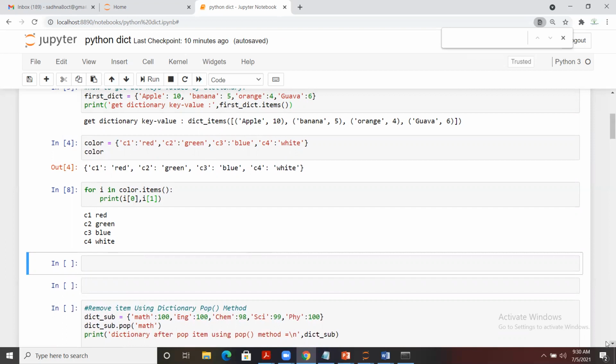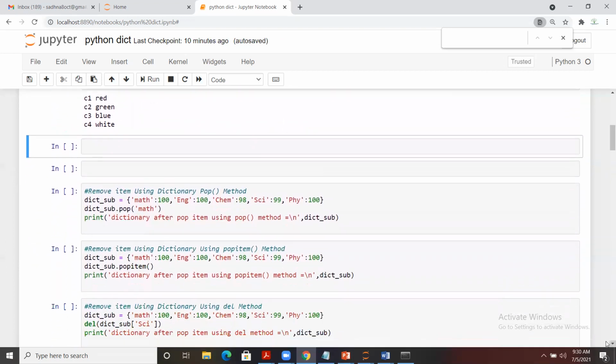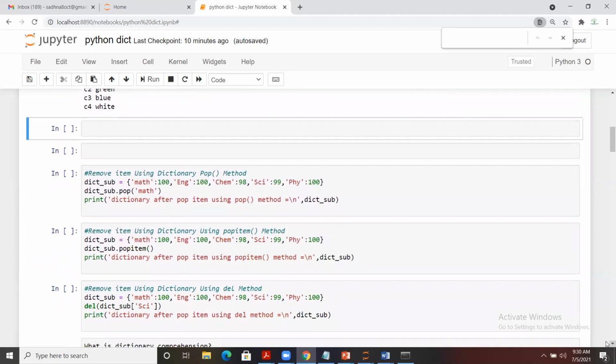Now let's talk about removing an item using the dictionary pop method. So we have pop in a dictionary as well, with which we can remove a particular item from a dictionary. In pop, basically we have to pass the key. I mean, which key you want to pop out, delete or remove from that dictionary.